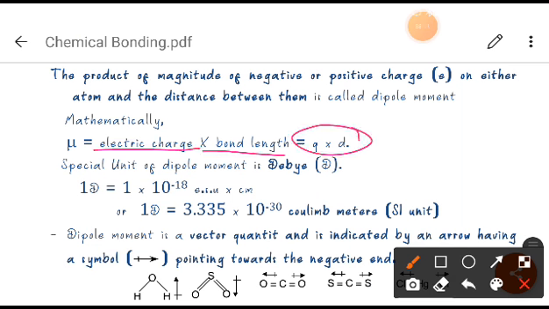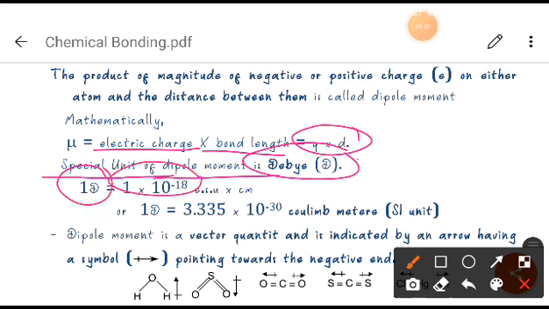Okay, now the special unit of dipole moment is what? It is the Debye, represented by D, in which 1 Debye is equal to 1 into 10 to the power minus 18 ESU into centimeter, or you can say that 1 Debye is equal to 3.335 into 10 to the power minus 30 coulomb meter. Okay, now